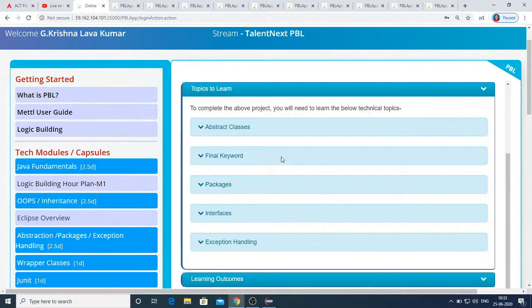That is, the GC method will be periodically executed by the JVM to make sure that the unused objects are removed from the heap memory. We also understood the importance of the finalize method, which is available in the Object class.